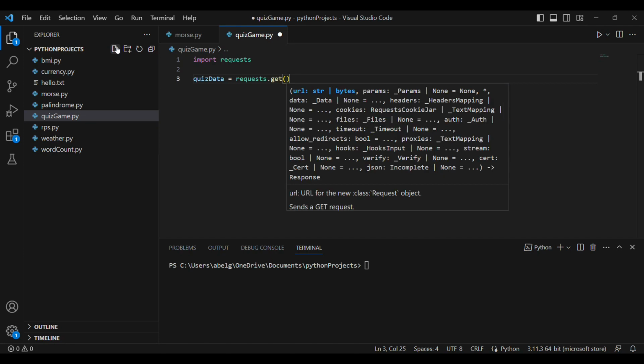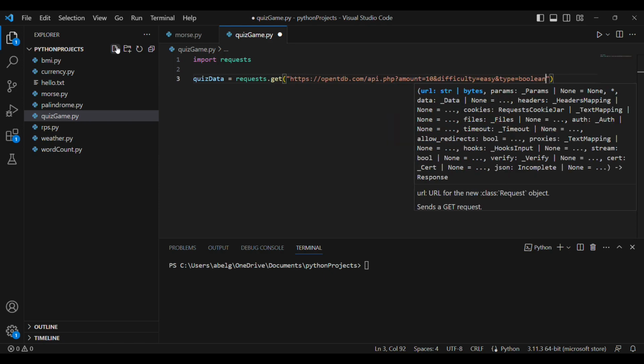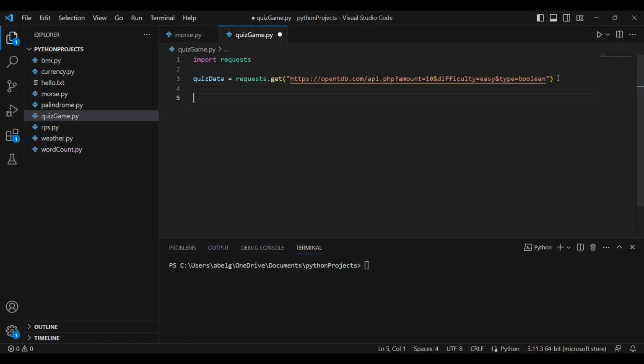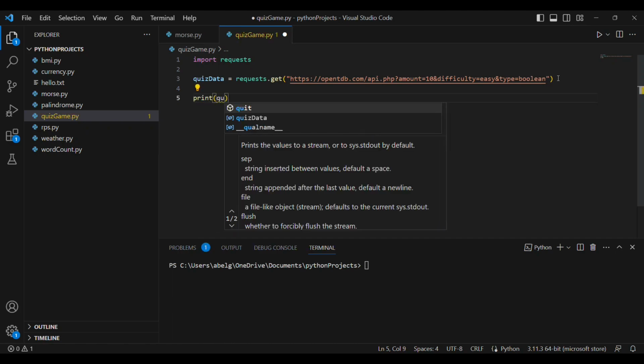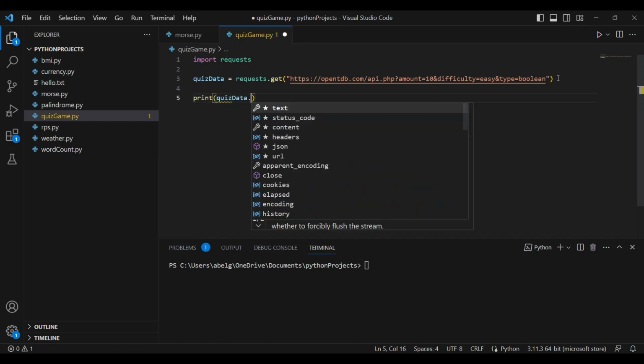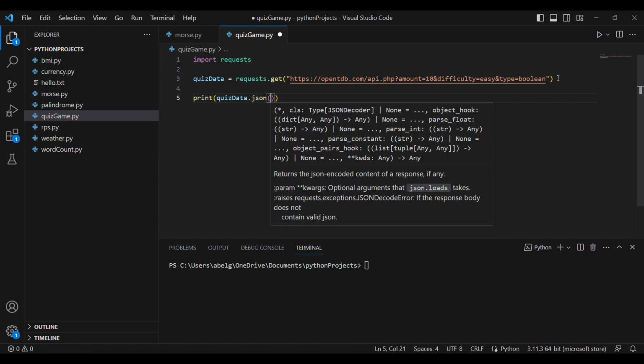So we're going to paste it in here. Then once we have our API, we're going to print out the JSON format so we can see what we're going to be dealing with. So let's print out quiz_data.json. We're going to save our file and we're going to run it.